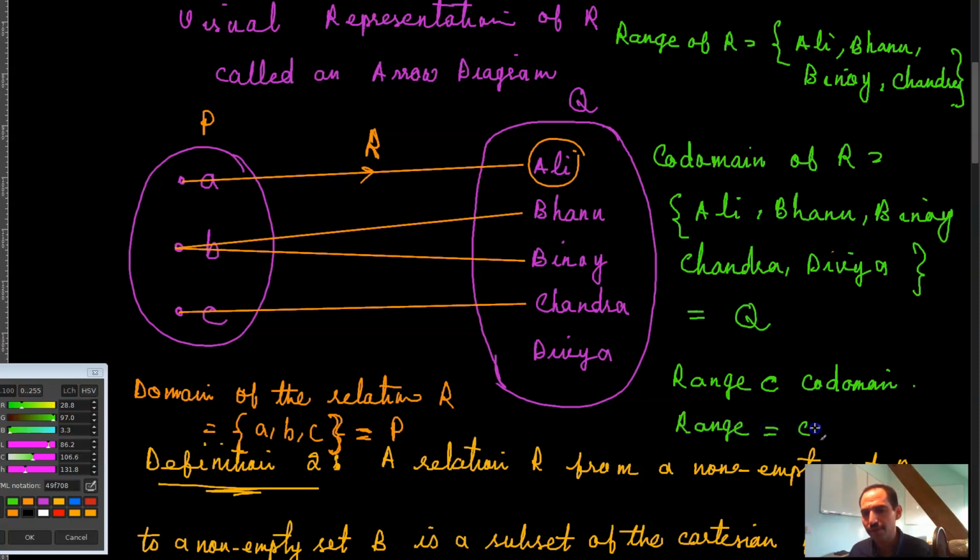can be equal to the subset, meaning that they could be equal sets, meaning that the range and the codomain could be actually the same things, the exact same sets, provided that all of the elements over here are elements of the range. If some elements are not elements of the range, then the range is going to be a proper subset of the codomain. A proper subset means that